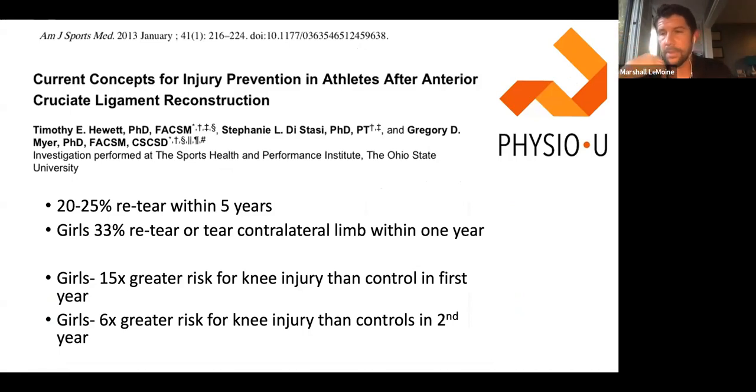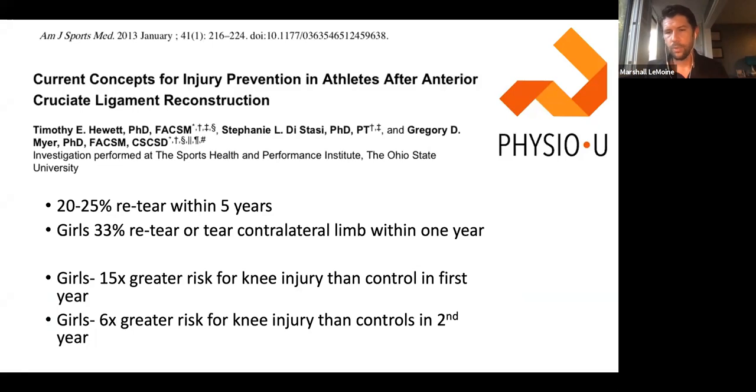Girls, a third of them tore it in that leg or in the contralateral leg. So if you're female, especially between the ages of like 16 to 22 or 23, if you tear one of your ACLs, 1 out of 3 is going to re-tear that leg or the other leg. It's unfortunate. In my ACL class now that I run where I work, I have 2 girls, both high school athletes,